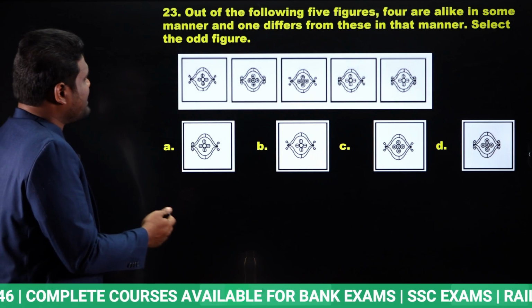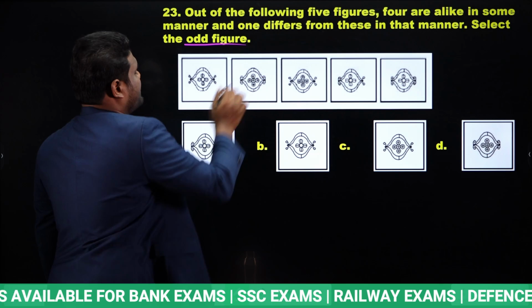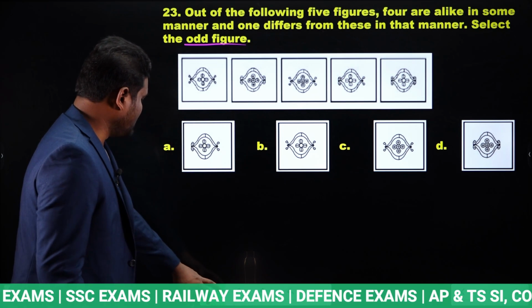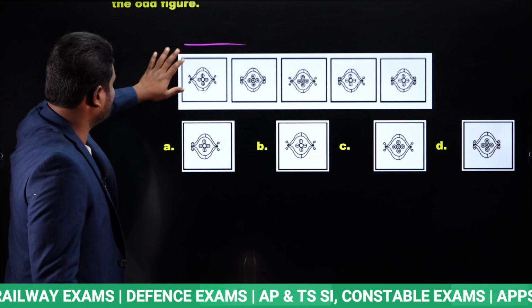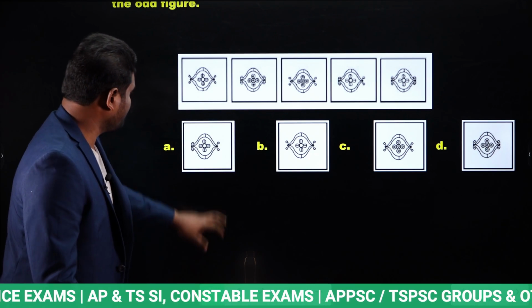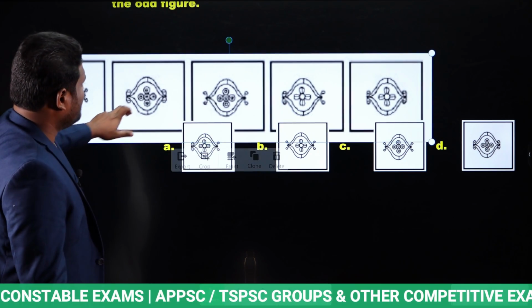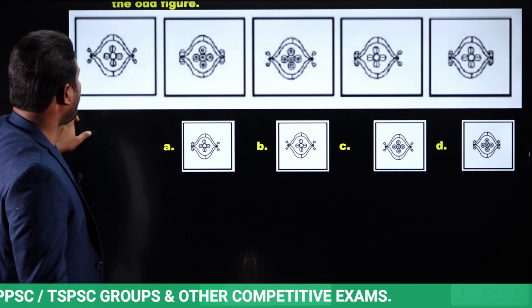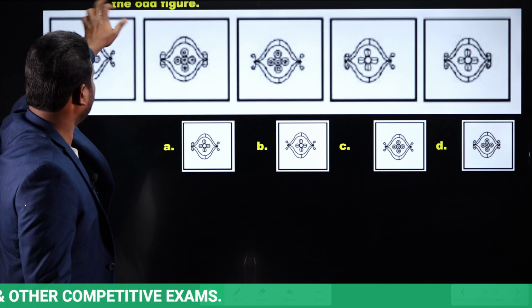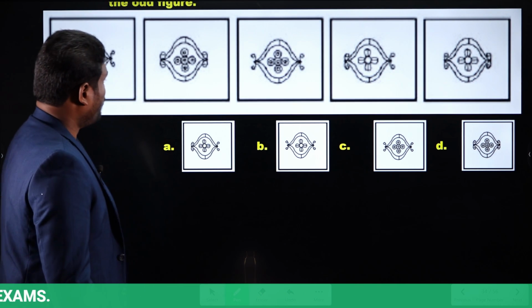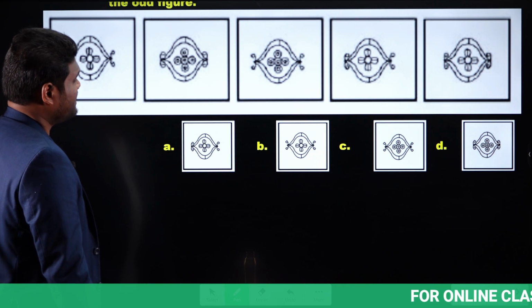In this question, they are asking us to find the odd figure. But unfortunately, if you observe this question, it is very hard to find which is the odd one here. It is very hard. The reason I am saying this is,